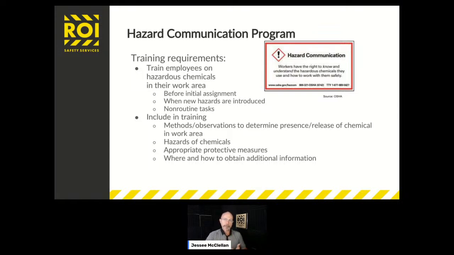Is there a chronic hazard? Is there a short-term hazard or an acute hazard? Is there anything I should concern myself with, any symptoms with this material? Your employees have a right to know. That is a right that they have. And if you're not providing this for them, that could be a big problem for you as the employer.